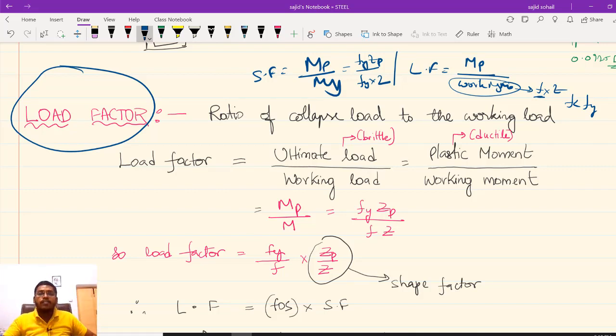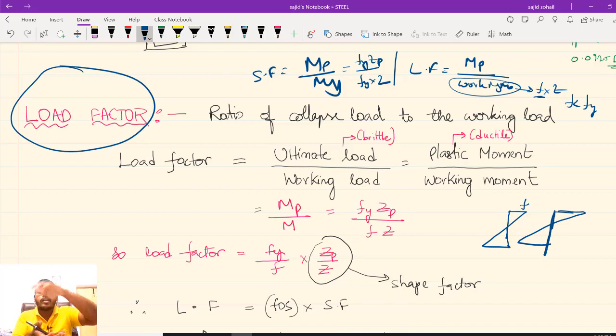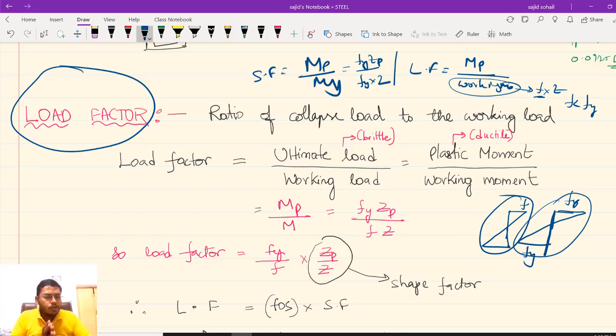Let us say this is how your stress diagram looks, and here the stress is F. If you keep on increasing the load, this stress diagram will become something like this. It becomes bigger, not in length, the length is the same, the size becomes bigger, and it will reach Fy here. I hope it is very clear. So this condition is your yield moment condition, and this condition is your working load condition. So working moment you can write as F into Z. Instead of Fy into Z, here you write F into Z, that's it.